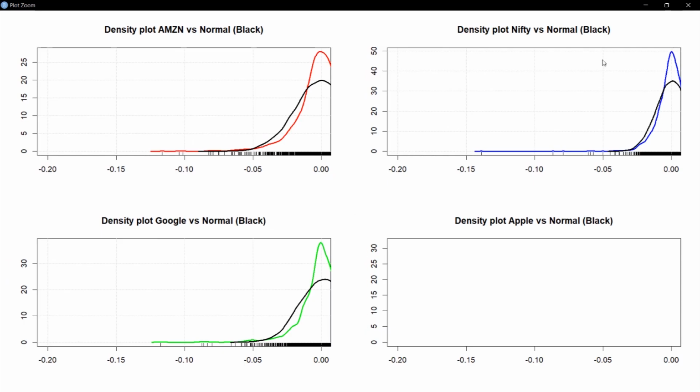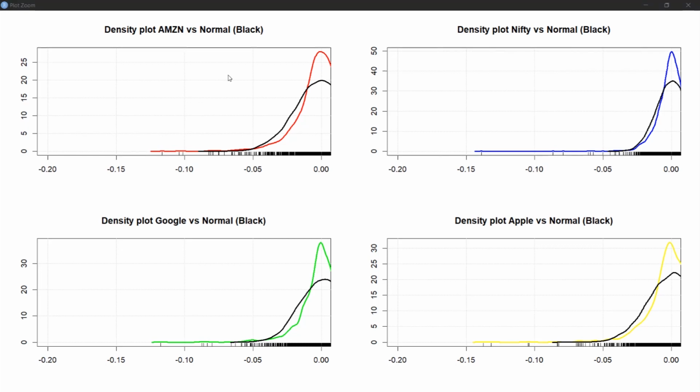Notice all these plots, and you would find that in the extreme tail region, around extreme values like -5% return, the returns of the stocks are slightly crossing and going above the black curve. See, it is down here and then suddenly it goes above, which indicates that tails are indeed fatter. So we have excess peakness as well as fatter tails, which is often referred to as kurtosis, excess kurtosis. Normal distribution has a kurtosis of 3, and it is said that stock returns are distributed with a kurtosis higher than 3. So they have excess peakedness as well as fatter tails.